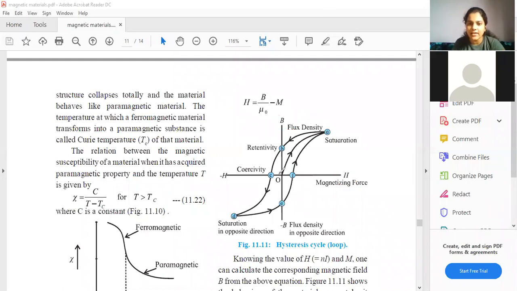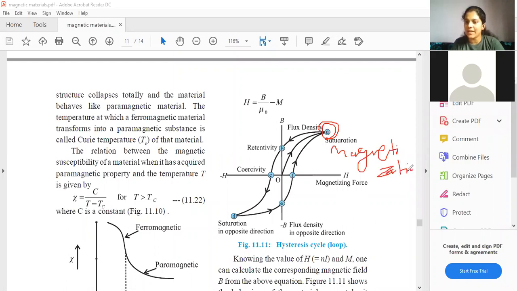So see, this is a linear graph, or you all can see this is a linear curve. Initially everything is 0. As you increase H, B is also increasing. As simple as that. It reaches point A. Now what is this point A? This point A is called saturation magnetization. Students, you can write only saturation, that is okay, because in your textbook they have written only saturation. But you can note it down that this is called saturation magnetization.